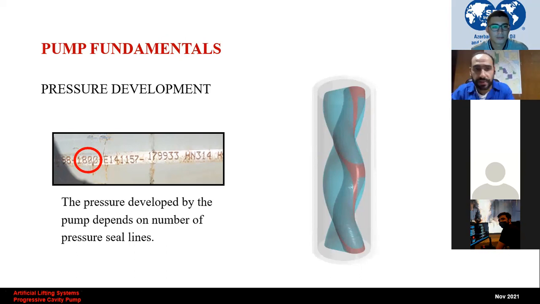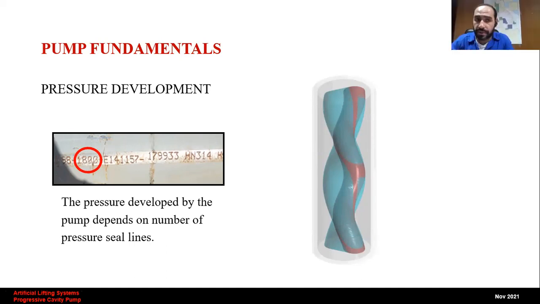The more the differential pressure development, the more or less pressure seal lines, and consequently